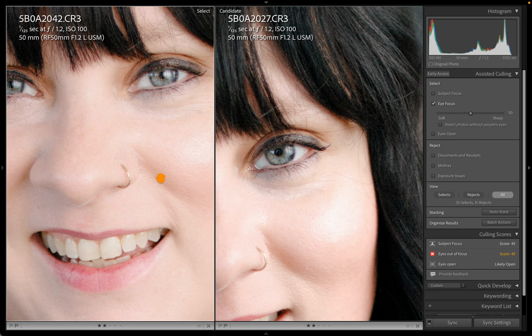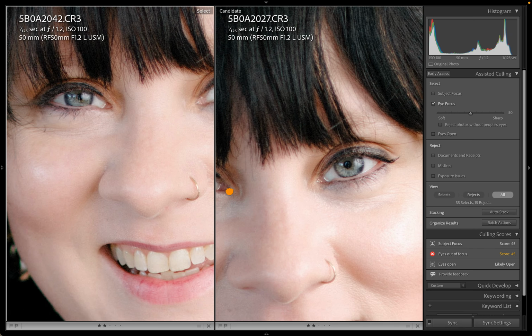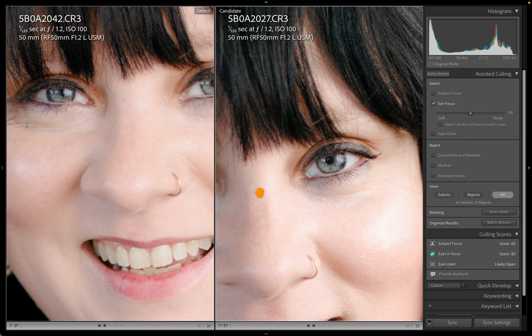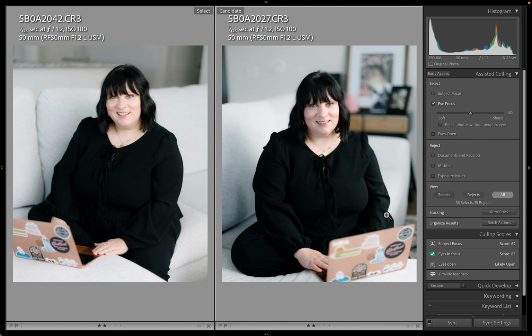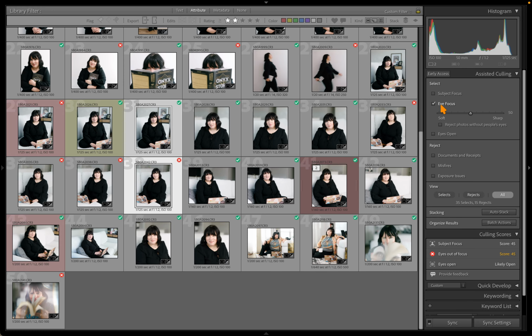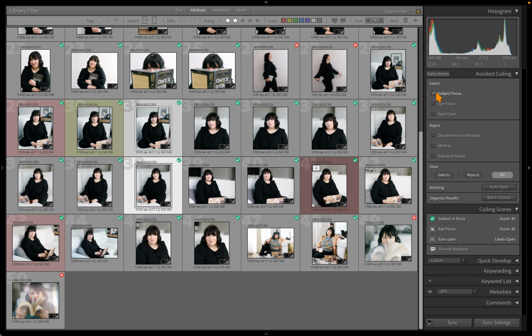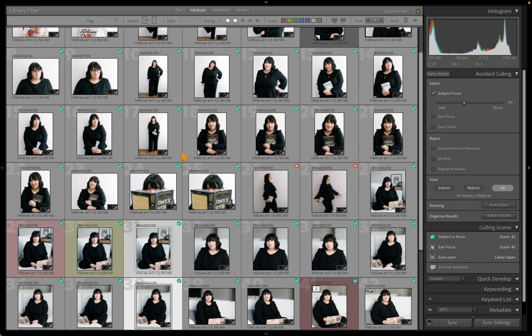I mean, they're exactly the same. That is indecipherably close as far as sharpness goes on the eye. So I don't see what they're doing for eye focus. I don't understand what they're measuring. And then subject focus, again, is not taking into account,